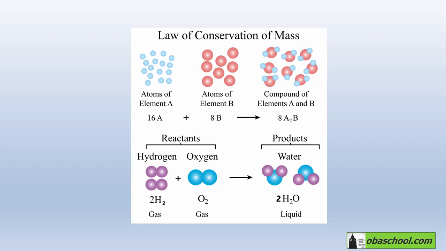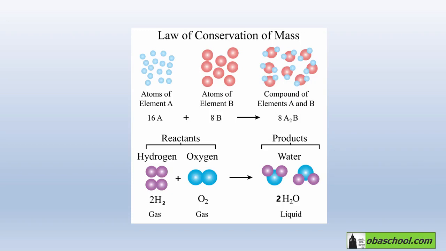Let's check if this applies to the reaction which we have balanced. So we have 2 hydrogen molecules, which is a total of 4 hydrogen atoms, and 1 oxygen molecule, which means 2 oxygen atoms. On the product side, we have 2 water molecules, and every molecule of them is made up of 1 oxygen atom and 2 hydrogen atoms. And in total, on the product side, we have 2 oxygen atoms and 4 hydrogen atoms. So, as you can see, we have finished up the reaction with the same number of atoms that we have started with. However,